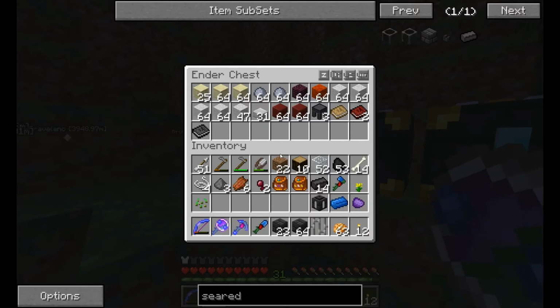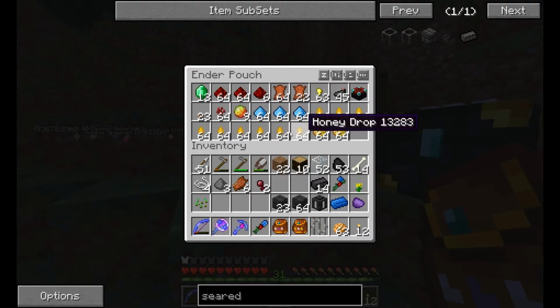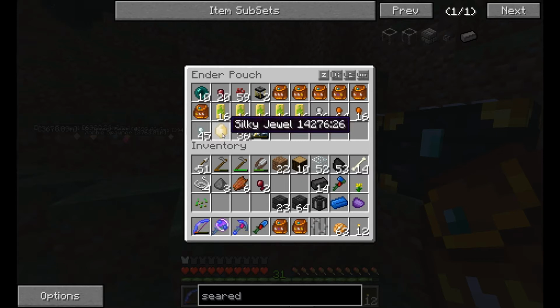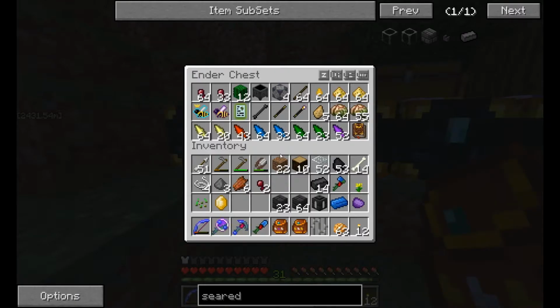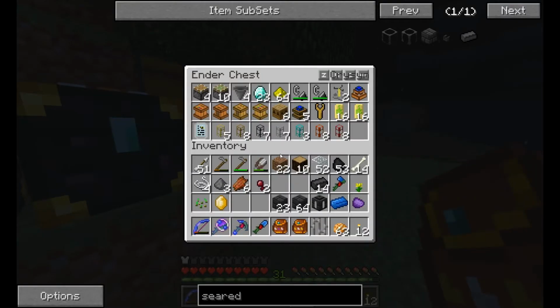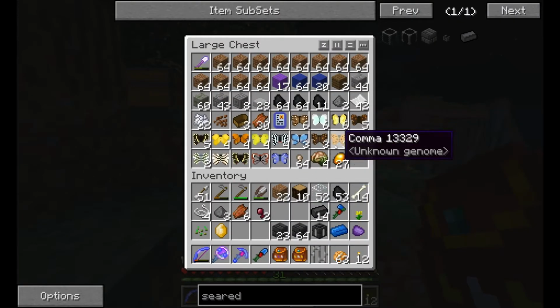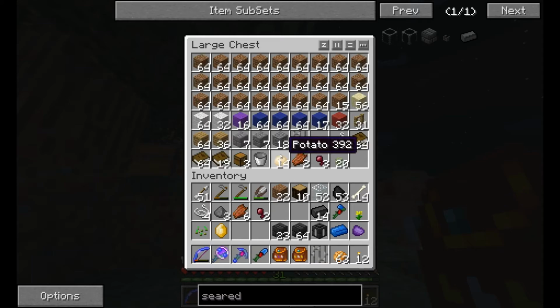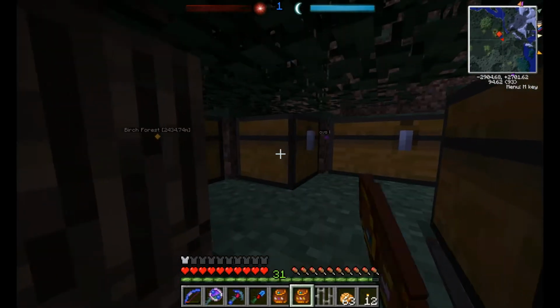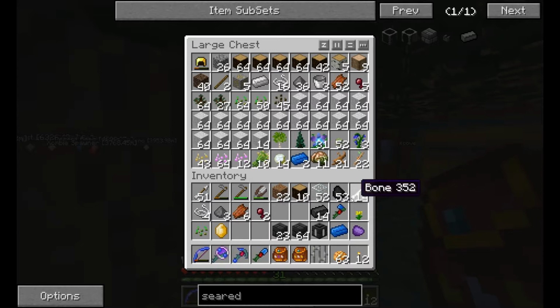Huh. I'm fairly certain I did bring a stack of... we'll need that, Silky jewel. But I swear I brought a stack of reeds. Did I just miss them the first time through? I have emptied stuff. Zombie meat, there's all the butterflies. A little stash of food. Huh. Well, that'll be...